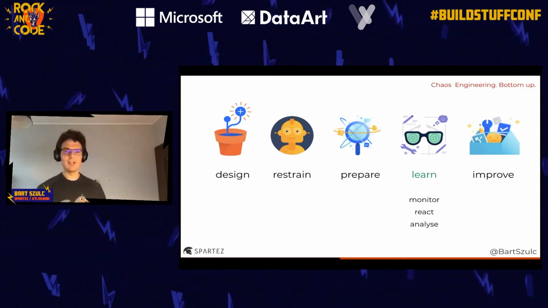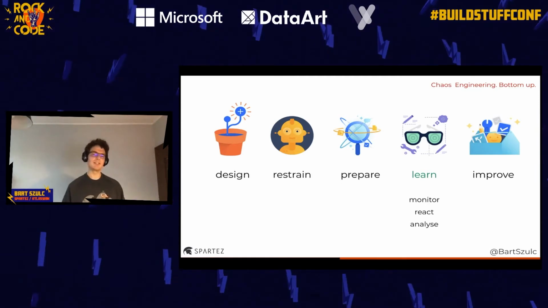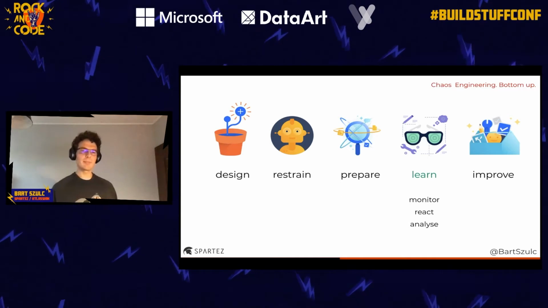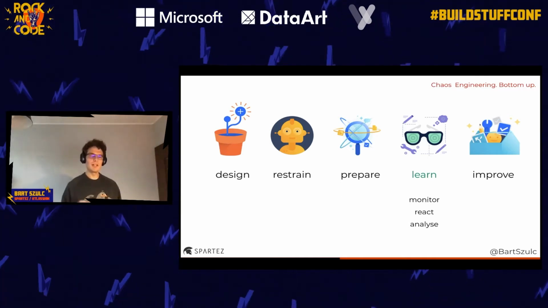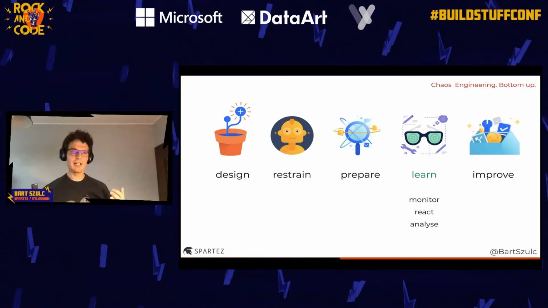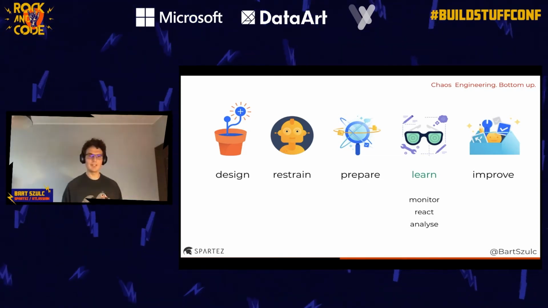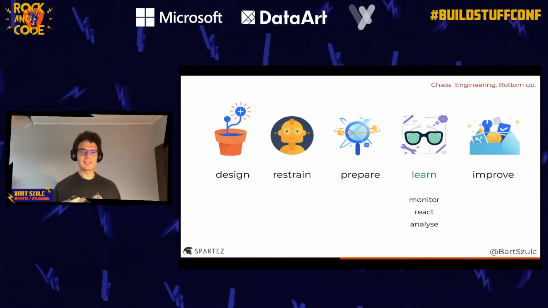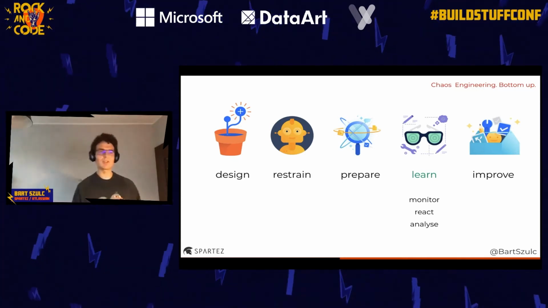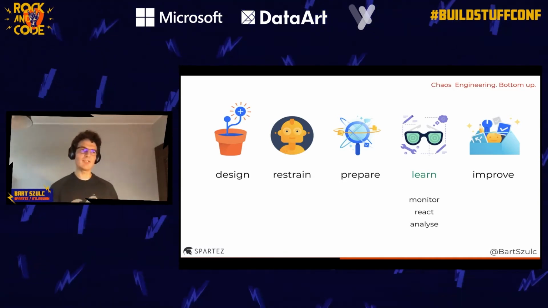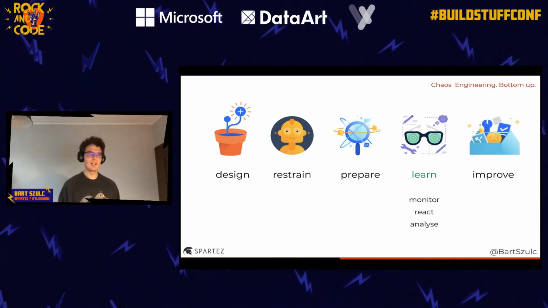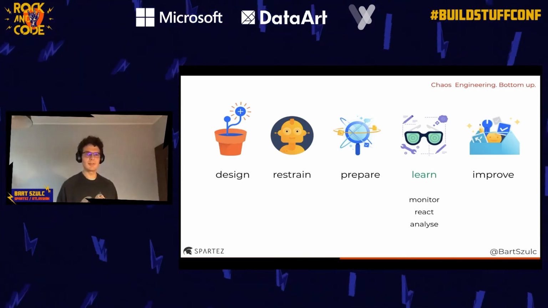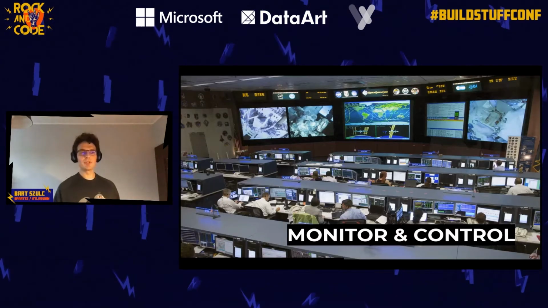The fourth phase is learning, or running and learning, right? So we have all the tools to execute the experiment, and this is the place where we execute it, and where we are trying to comprehend what is happening in the system, understand whether the system is working correctly, manages certain conditions or not. We basically are verifying our hypothesis in this phase. So you cannot do that without proper monitoring and control, right?